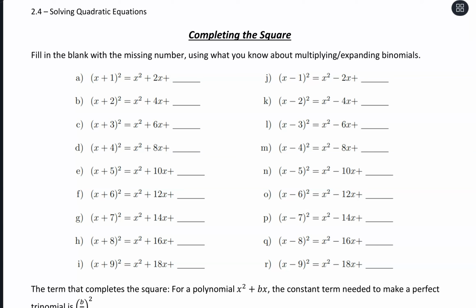Another method of solving that we can use is called completing the square. And this is going to come from our perfect square trinomials and how it nicely factors into this perfect square, like x plus 1 squared or x minus 1 squared. So what we're going to do here is just fill in the blanks and see the relationship between